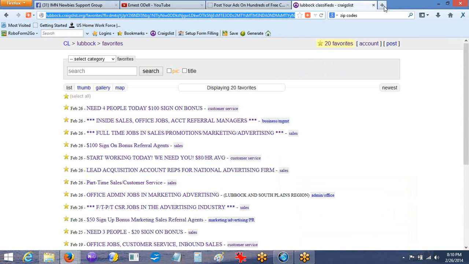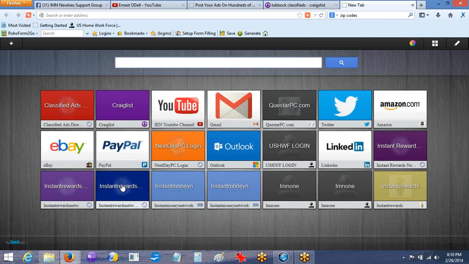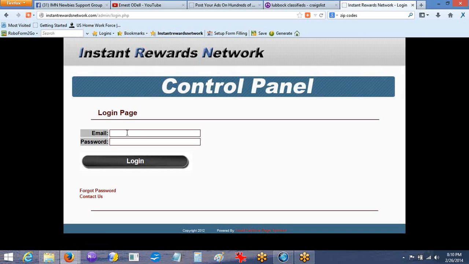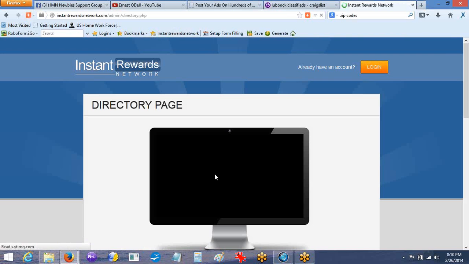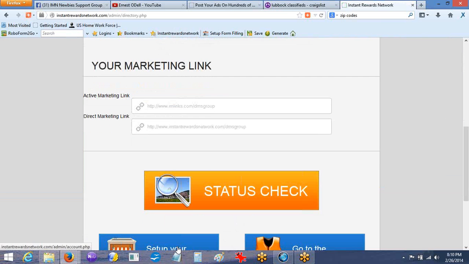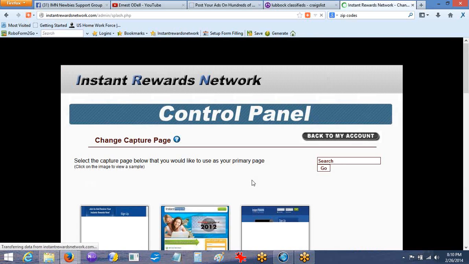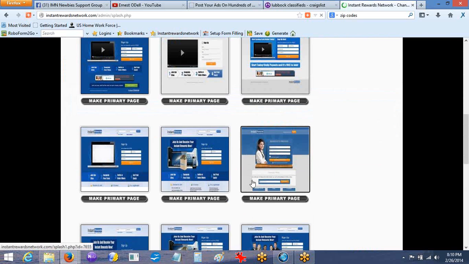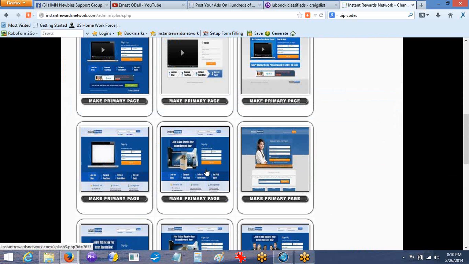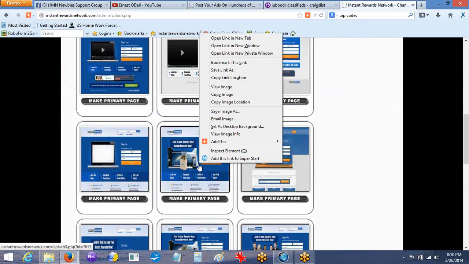But what I did is I logged into the back office over here, and I got one of these capture pages, all right, and I just went down and grabbed something like this, right click, copy link location,